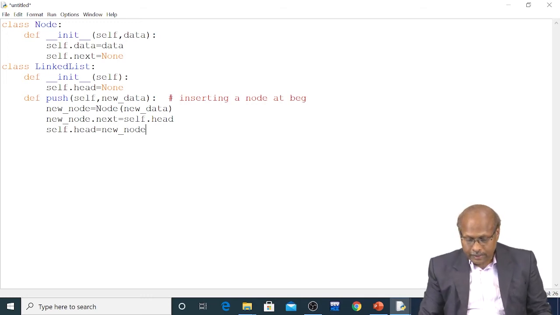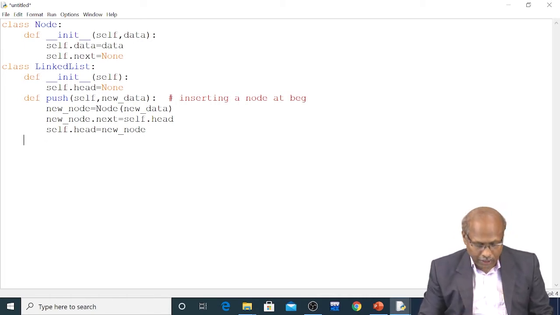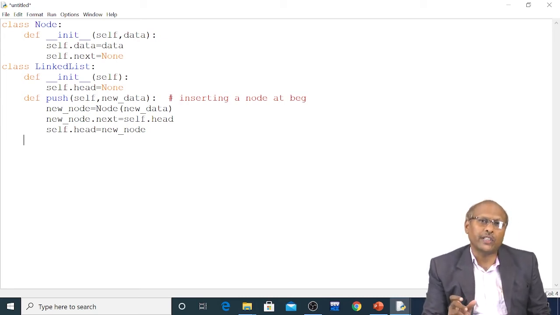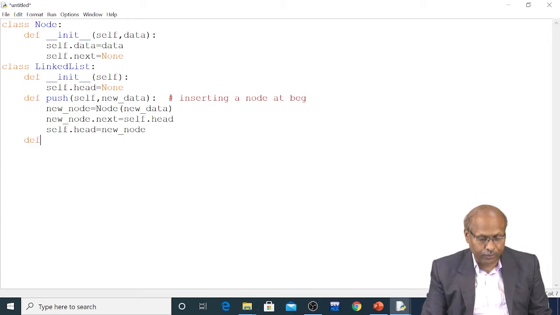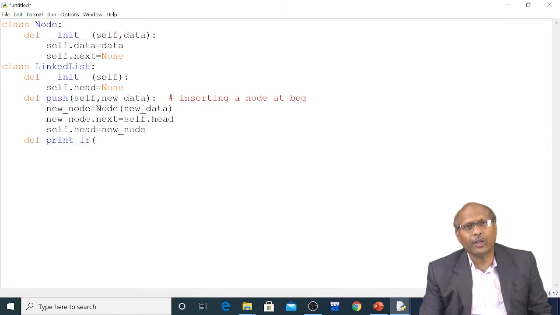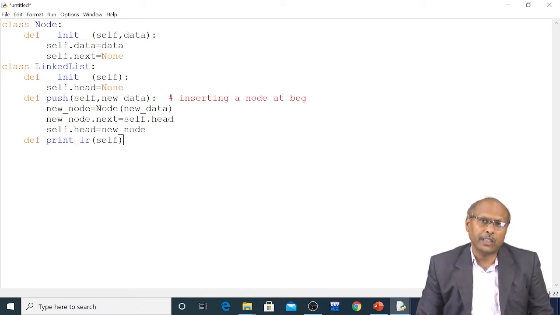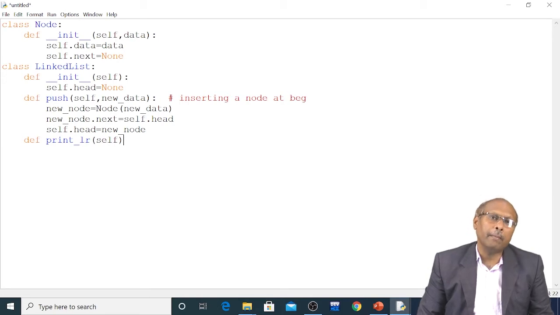Now let us call this. But after calling, how will I know whether it's working or not? So for that, I should write a method called printing method, because the printing method will be telling what exactly the outputs are that I want to print. So I should write another method called def print. Printing generally from left to right. Print LR, I'll write here. Print left to right. And this method also I want to make a member method. So I should write here the self keyword. Remember, whenever we are writing object-oriented programming in Python, you have to write the self keyword in every member method.